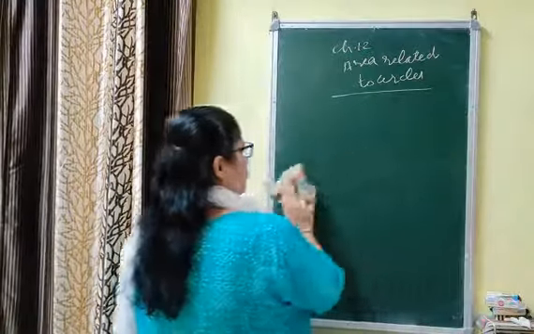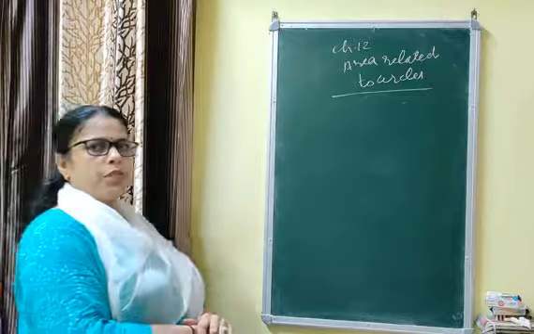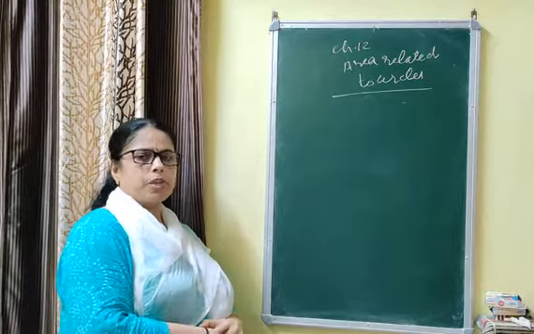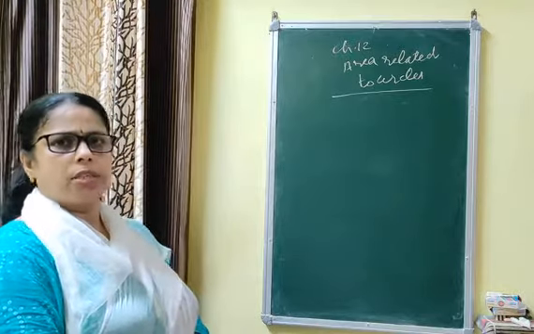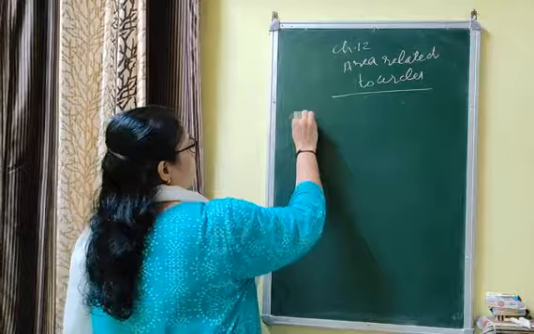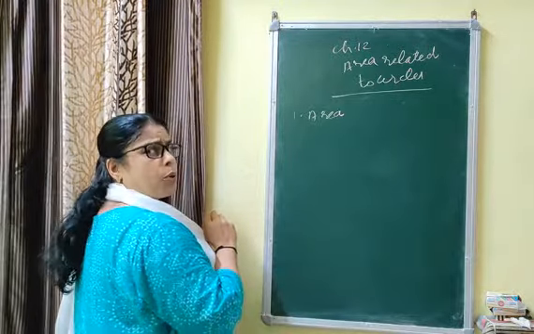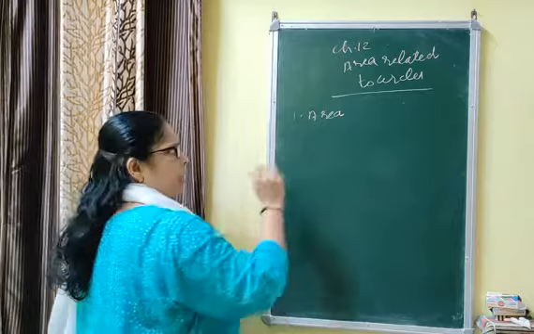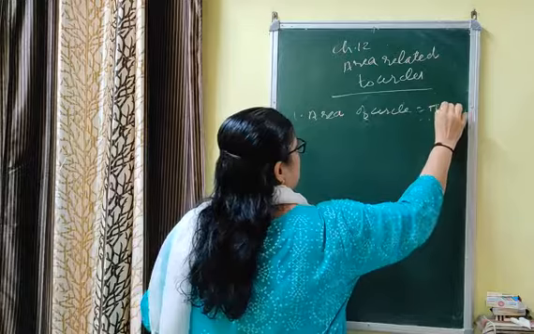Circle, we have done the chapter circle in 10th class. Locus of a point which moves in such a way that its distance from a fixed point in the plane is constant. The fixed point is called the center and the fixed distance is called the radius. In chapters 11, 12 and 13, there are a number of formulas. You have to learn them by heart. First of all, the area of the circle is equal to pi r square, that you know.